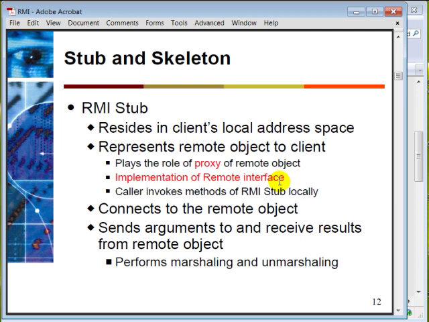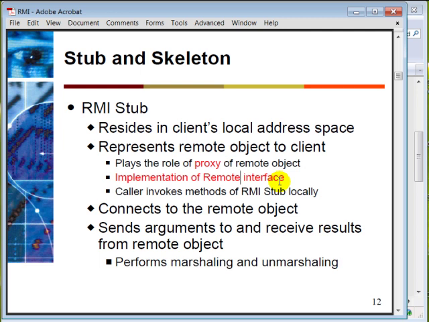Because the remote interface is a Java interface. The client is just talking to the interface. But during runtime, the stub object will be bound to that remote interface. And so the client is actually talking to this stub object rather than the remote object, because the remote object actually resides in